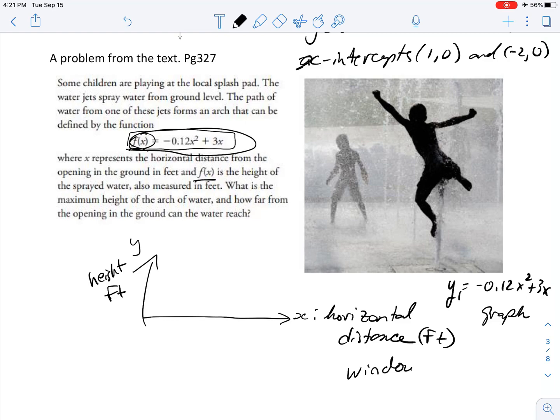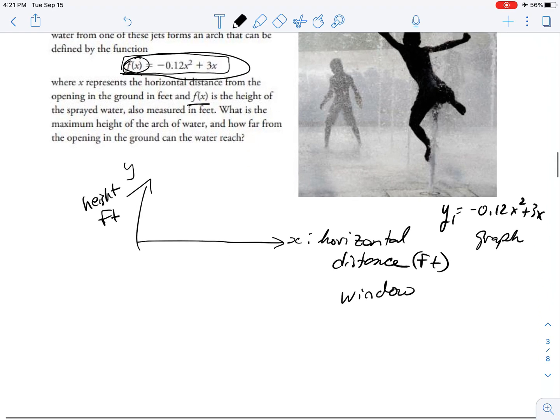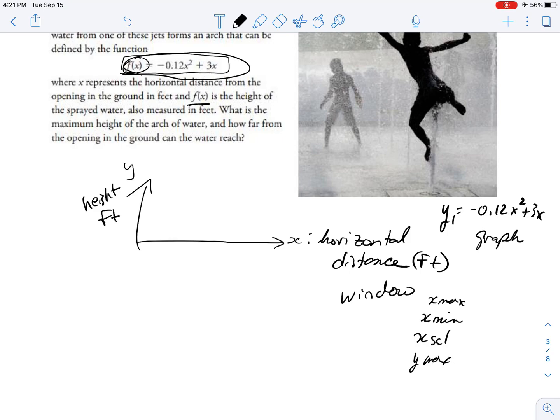So touch the button that says window, and you can see on the window that there's an x max, an x min, something that says x scale, and then there's the version for y as well, y max, y min, y scale. So we can leave the scales at 1. We can leave the minimums at -10. But what we want to see is higher up and farther over. So let's change those